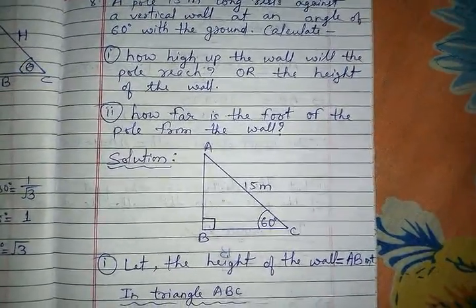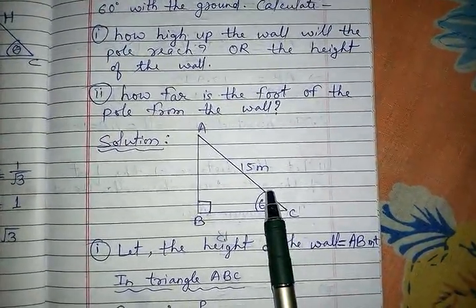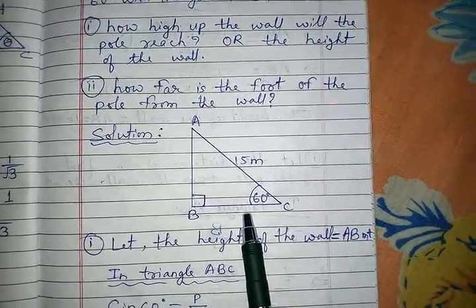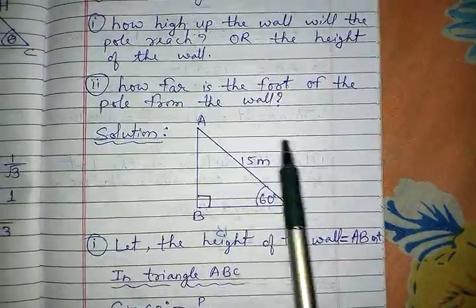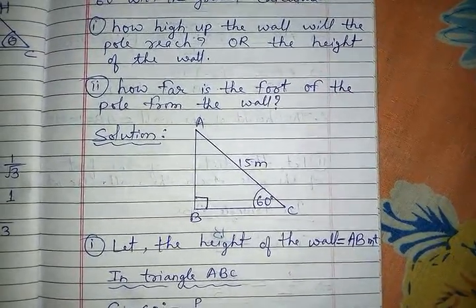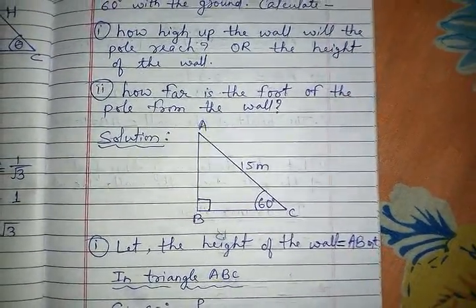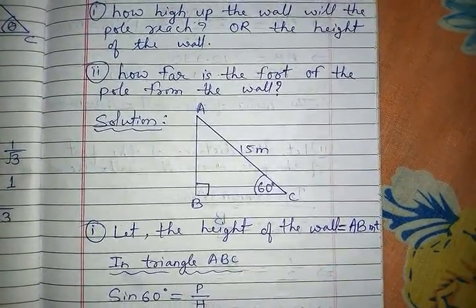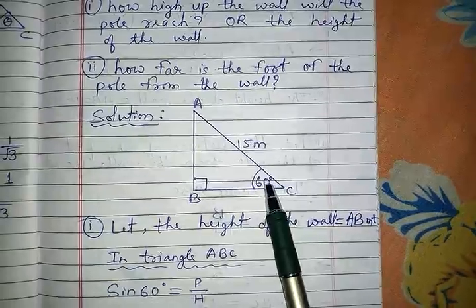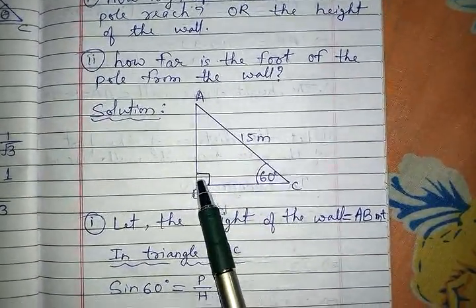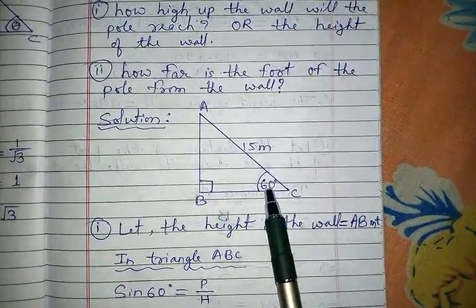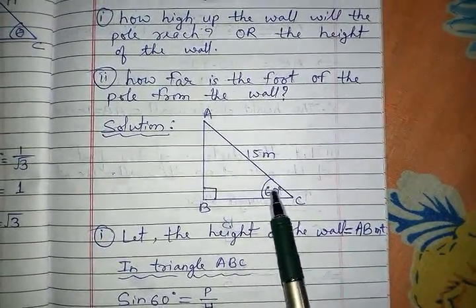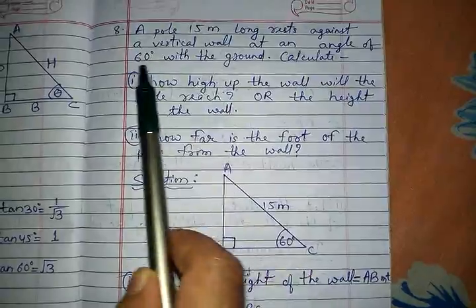Children, you might be thinking we can use the Pythagoras theorem. No, because in the Pythagoras theorem at least 2 values should be known, then only the third can be found. Here only one value is given. We will solve this question not with Pythagoras theorem but with trigonometrical ratios, because an acute angle is given. In Pythagoras theorem the 90 degree angle is important, but in this chapter at least one side and one acute angle are important. So 60 degrees is given, and this is also given in the question.